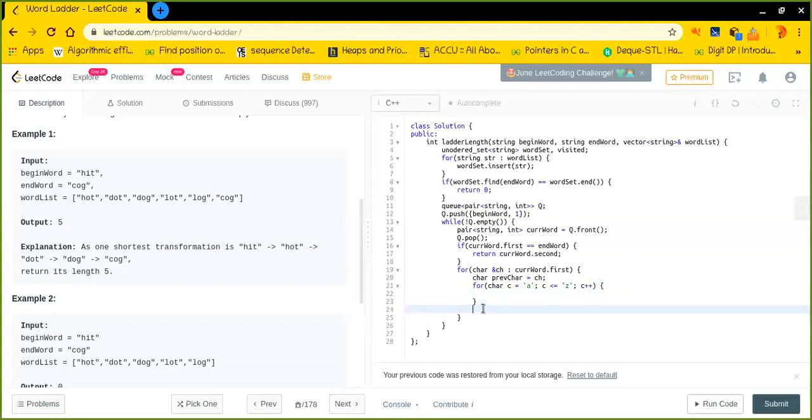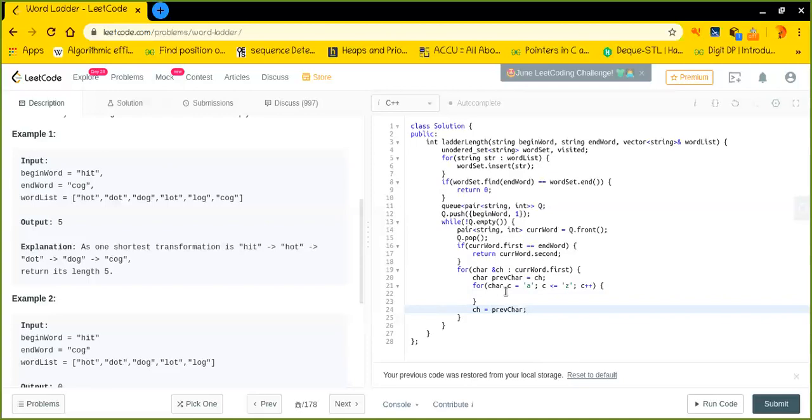That is why we need to keep the string as it is for the transformation for the next possibility. So we need to restore it, undo the thing that we had changed before.